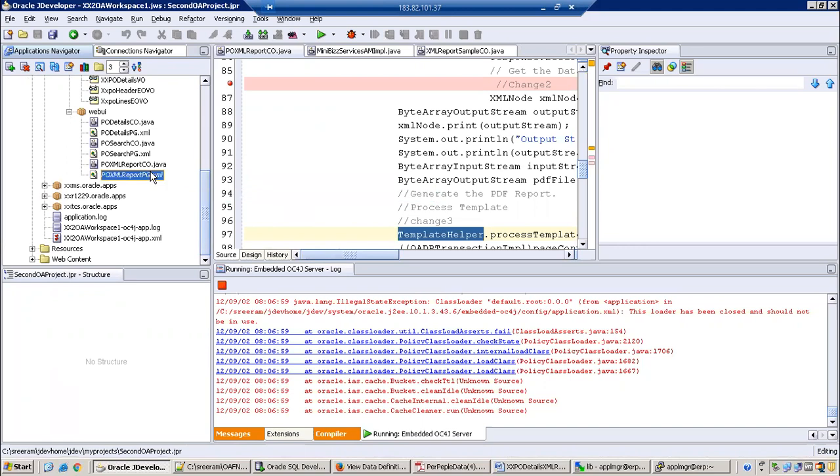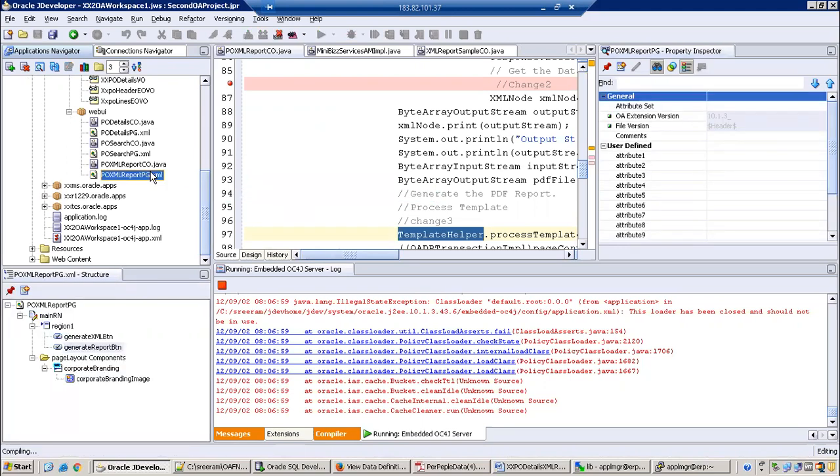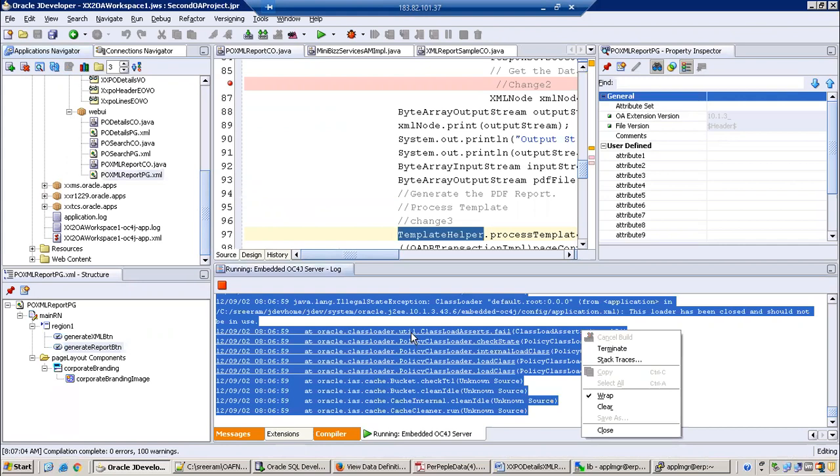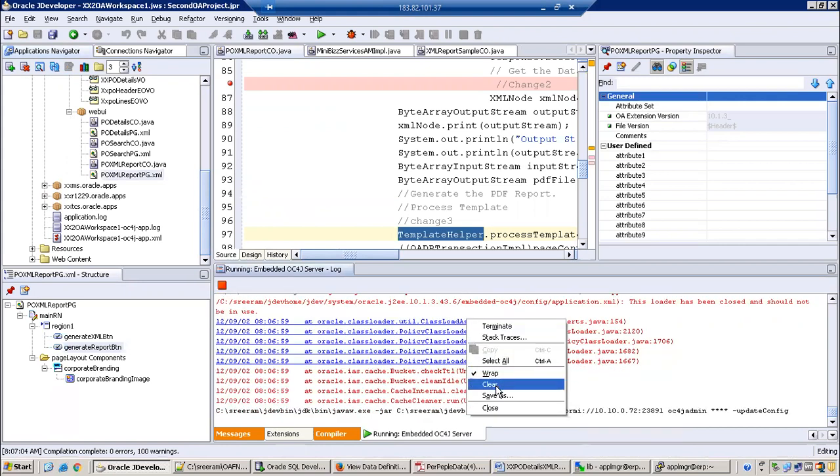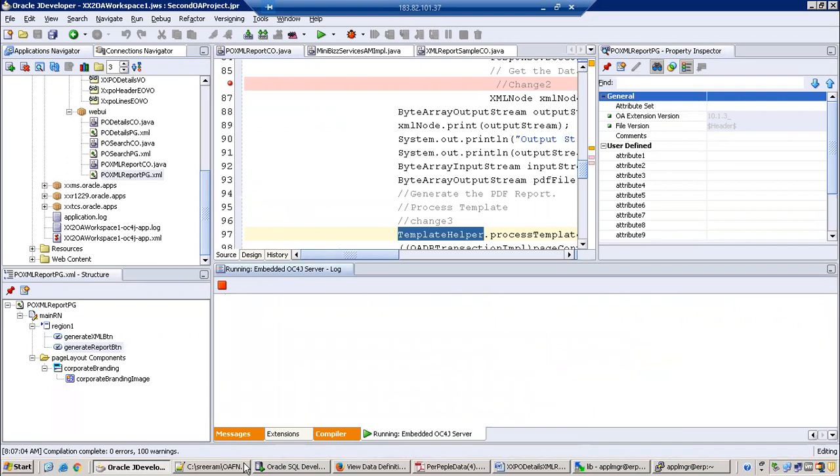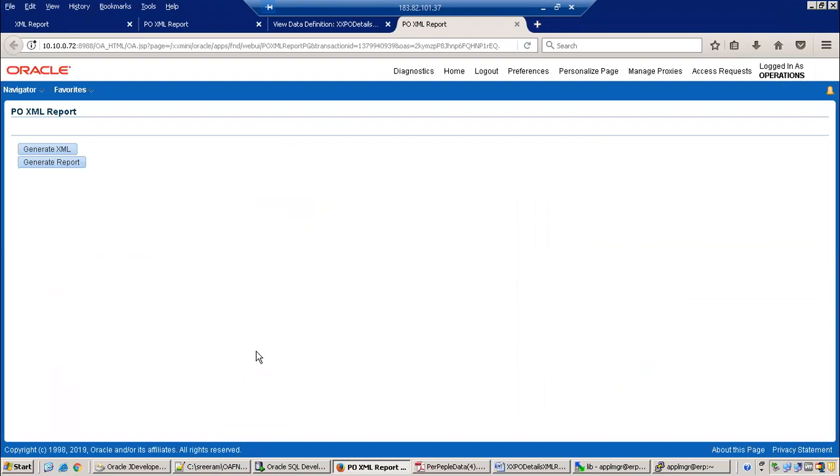But now let's try to run our report and see how it works. One more important thing is, whenever we work with this XML report, it is always preferable to generate the output in HTML format first, and then later convert to the desired format. The basic reason is, when we work with an HTML report, we can understand the errors, because it is not always an easy thing. Most of the time we get a good amount of errors. So the easiest way to identify the errors is to generate the report in HTML format first, and then work with the output format your client requires.